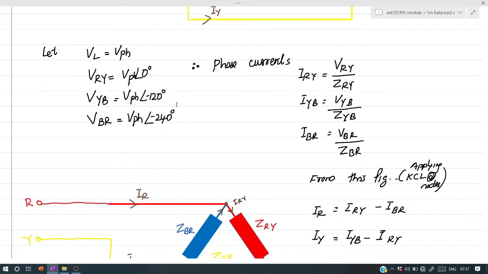So, in the case of delta connected unbalanced load scenario, first of all, we need to find out the phase current using this relation. Here VRY, VYB, VBR are having equal magnitude with mutual phase displacement of 120 degree. ZRY, ZYB, ZBR are having different value, so that IRY, IYB, IBR will be of different magnitude and different angles. Once we got this phase current, we need to find out line current. Once we got all this value, we can find out active power and reactive power. In this way, we can solve problems related to unbalanced delta connected loads.